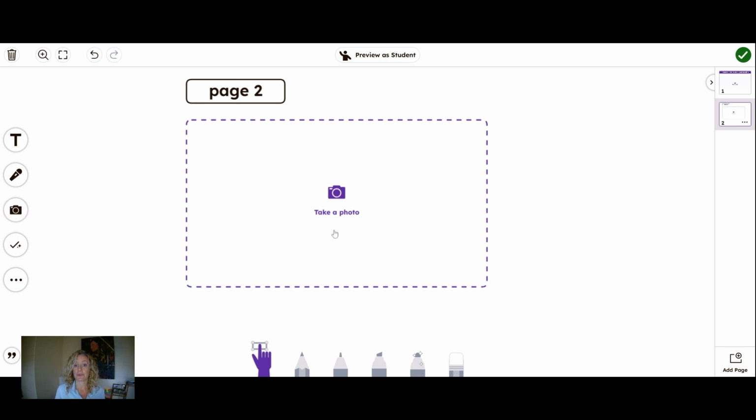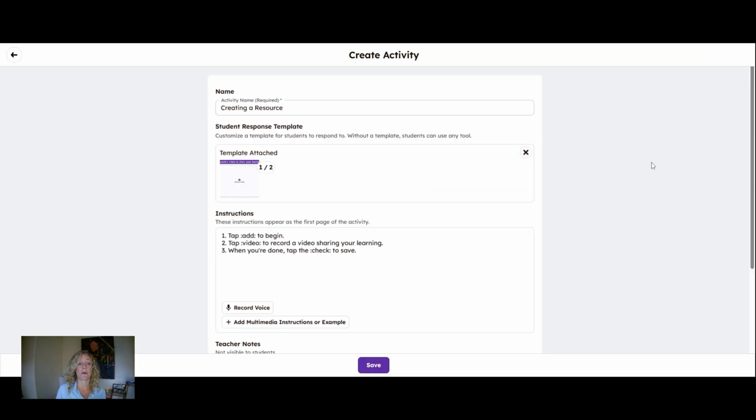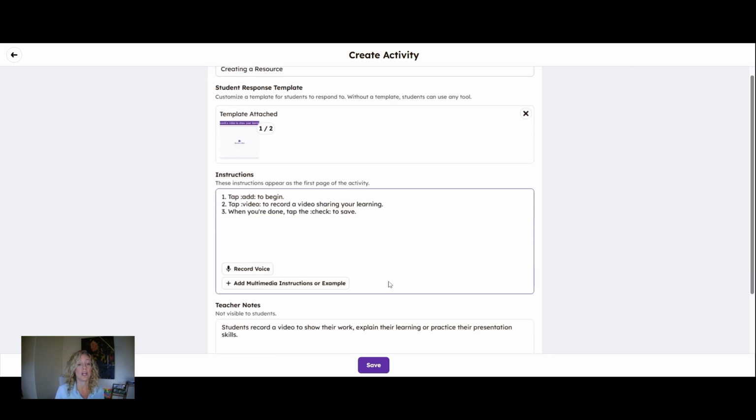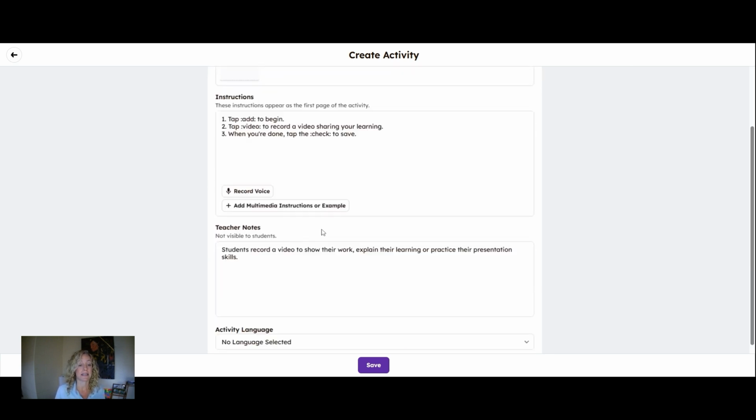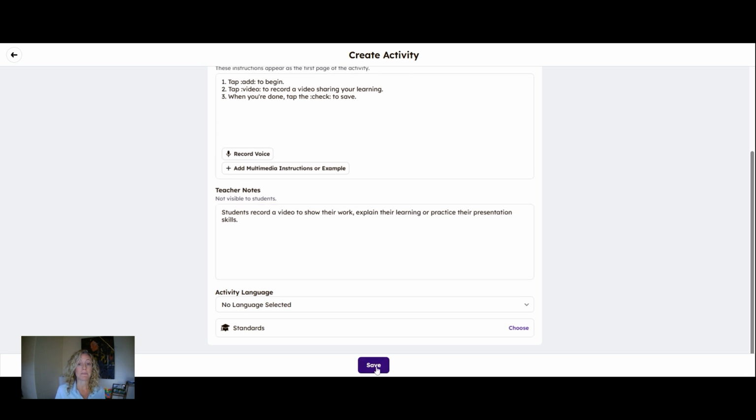So this is what I want the student to do. At any time, I can click on Preview as a student to see what they will see. And as soon as I have completed creating all of this, I want to click on the green check mark so that I can save this to my library. So you can see I have my instructions, my template, teacher's notes, and I'm going to save